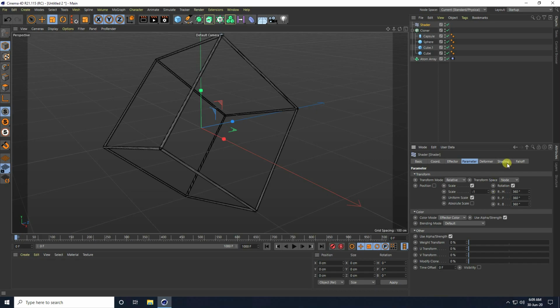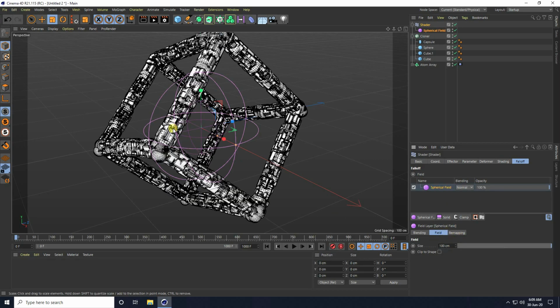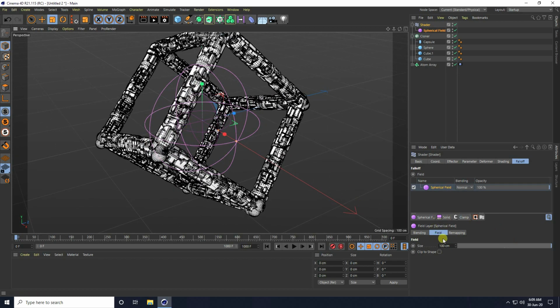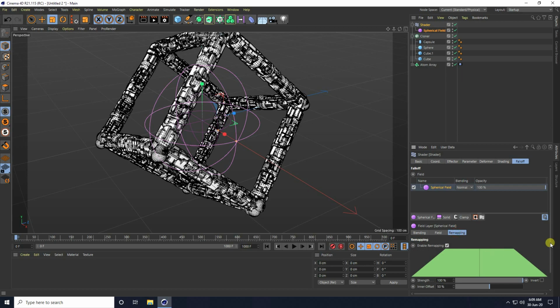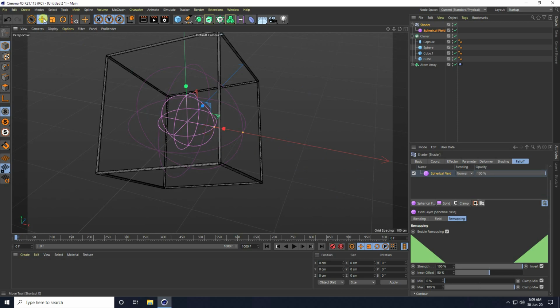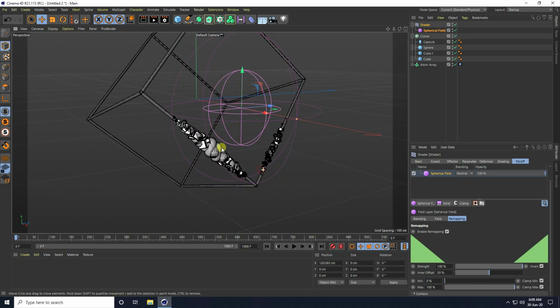Yes, and guys, go to Falloff and here I take Spherical Field. Yes, like this. And guys, go to Ramp and go down, Invert, check. Yeah, see guys, that's my simple, like this.